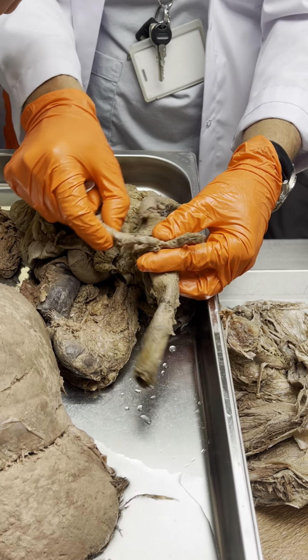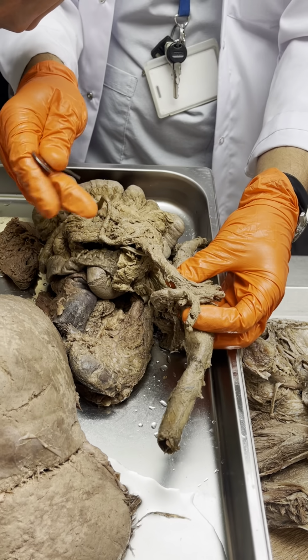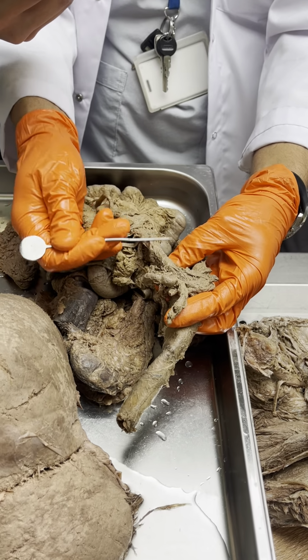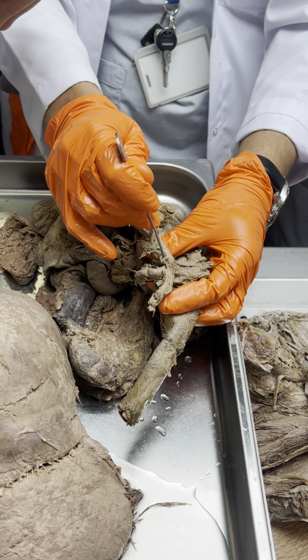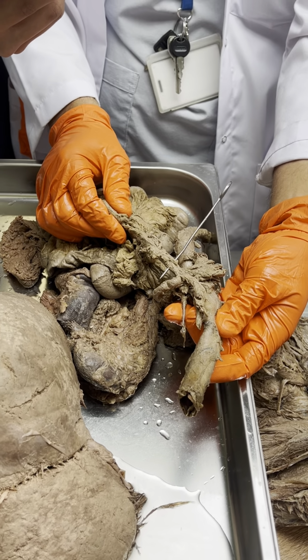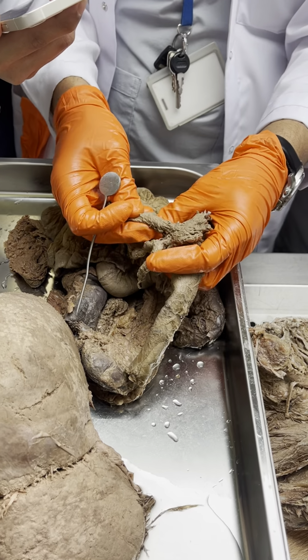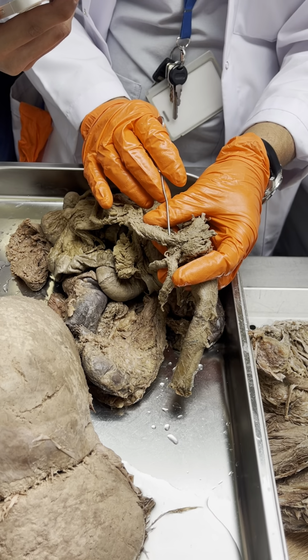T12. L1 is a position of which structure? The superior mesenteric artery. So here is superior mesenteric artery. You see, when I mark like this, superior mesenteric artery. Okay, and the superior mesenteric artery is not for your list, but I show you